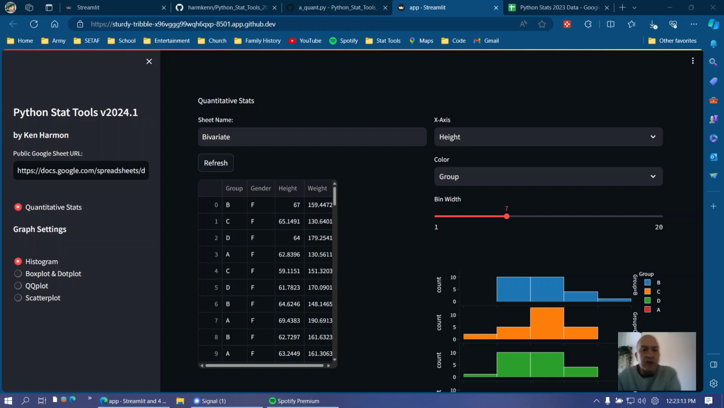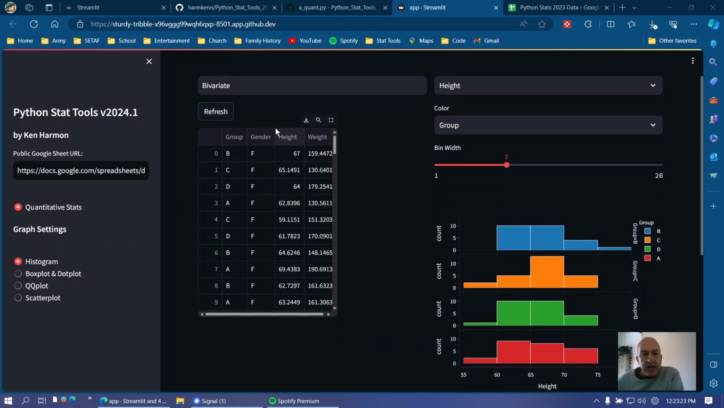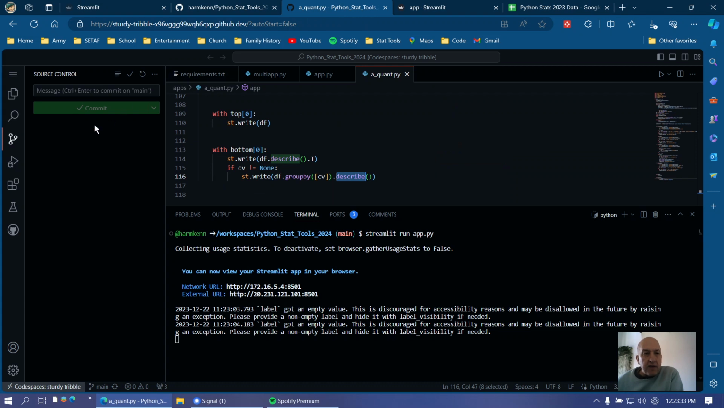Alright, now we're going to talk about the first tab in our stat tools called Quantitative Statistics. This tab takes data from a Google spreadsheet, and then you can do different things with the data. But let's look at first